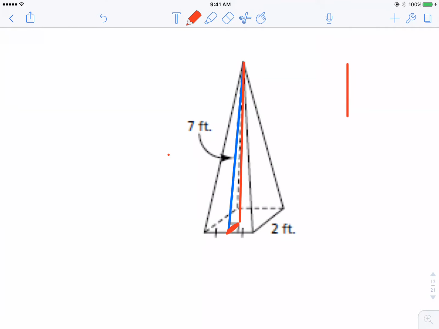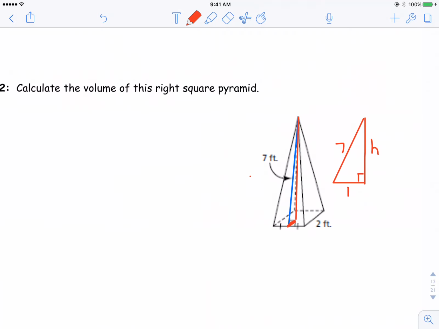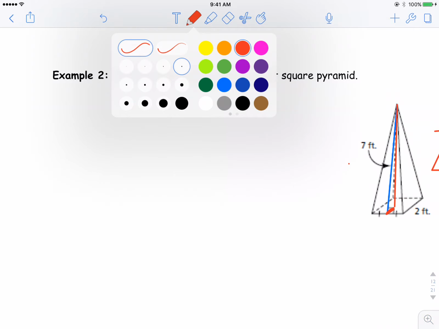So remember, we're going to end up with a right triangle that looks something like this down the middle of our pyramid, with this slant height being 7, and this distance down here being half of 2, which is just 1. So we can use Pythagoras to calculate the height. And the reason we need that is if we look at our